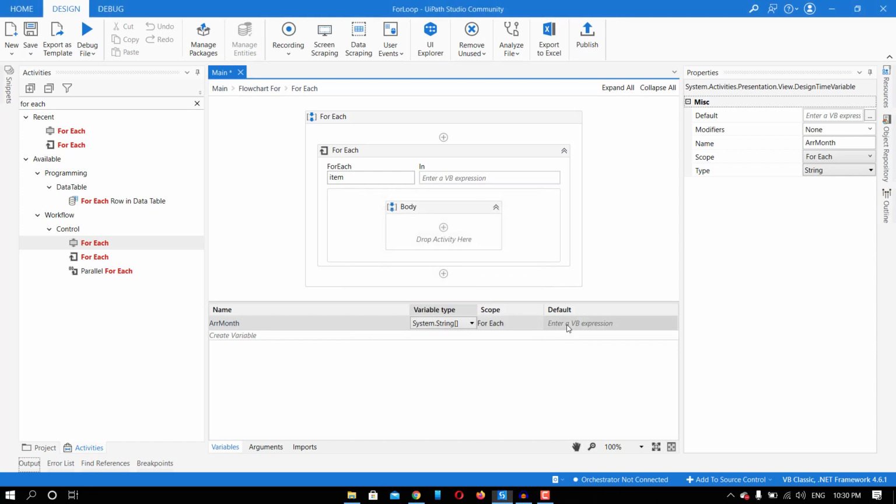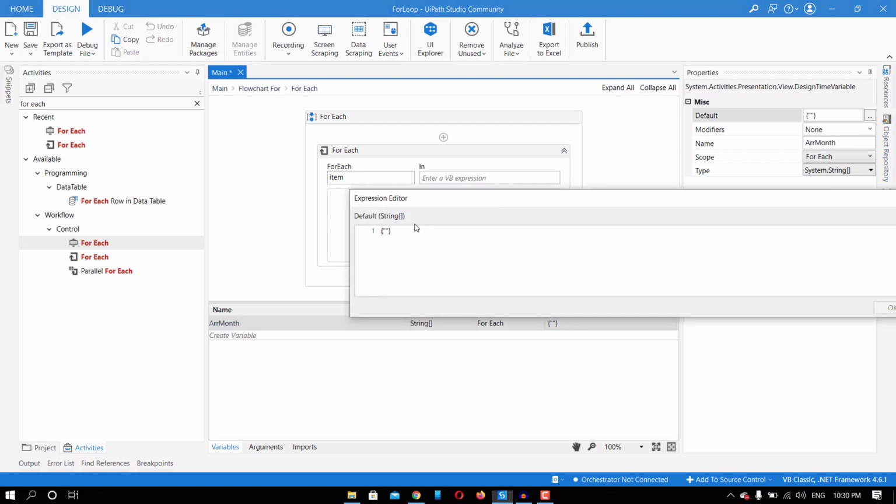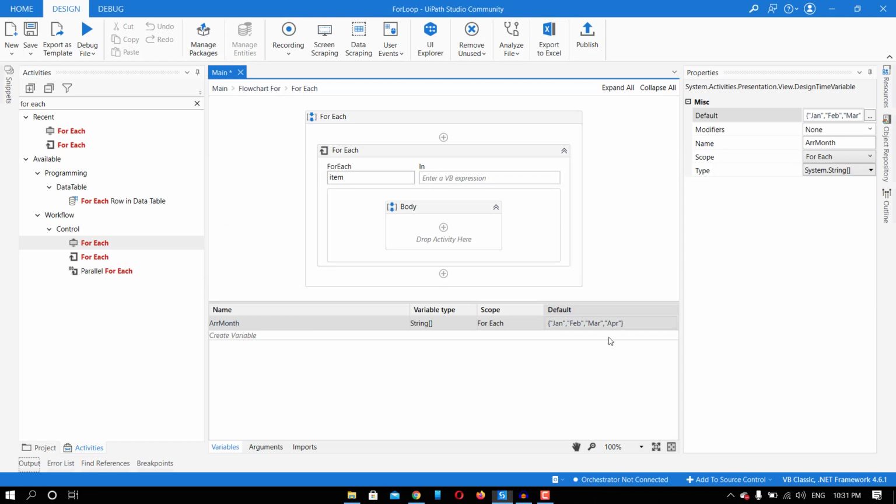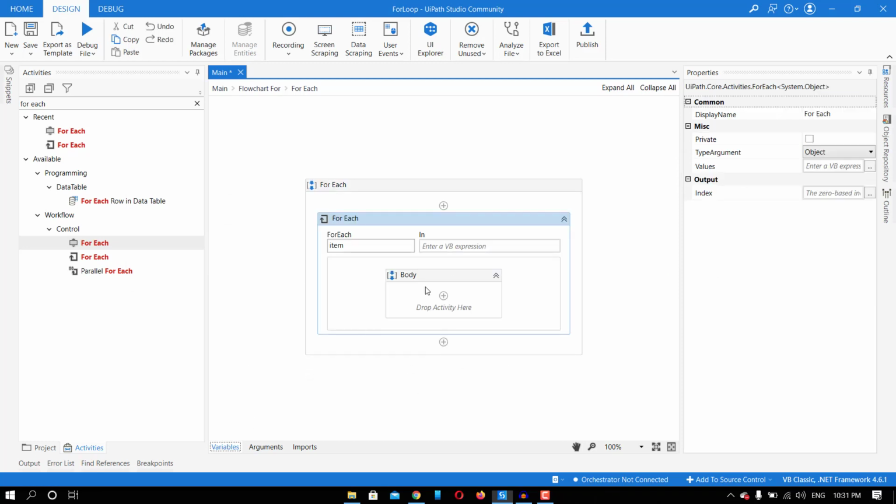So I'm just writing here month, and obviously the type will be array of string because I am working on the months. And if I create it here, let me write it here. As of now, let's take only 4 months. Okay, so I have taken an array of month. So I need to type this value here. It means it will work on the collection. So here you can see array of month is a collection of months. Okay, or you can say it's an enumerable.